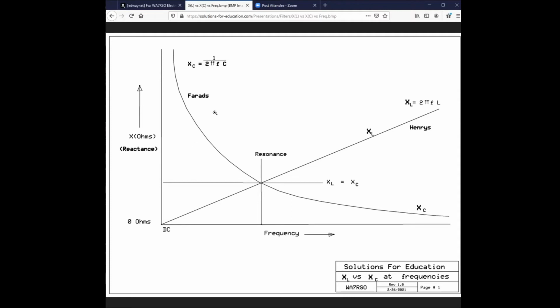Now, anybody know what the definition is for 1 farad? I usually tell students 1 farad will hold 1 coulomb, by the way, 1 bucketful of electrons at 1 volt. Just a little bit of trivia there. 1 Henry will develop a counter EMF of 1 volt per Henry per amp. In other words, if you have 1 amp,